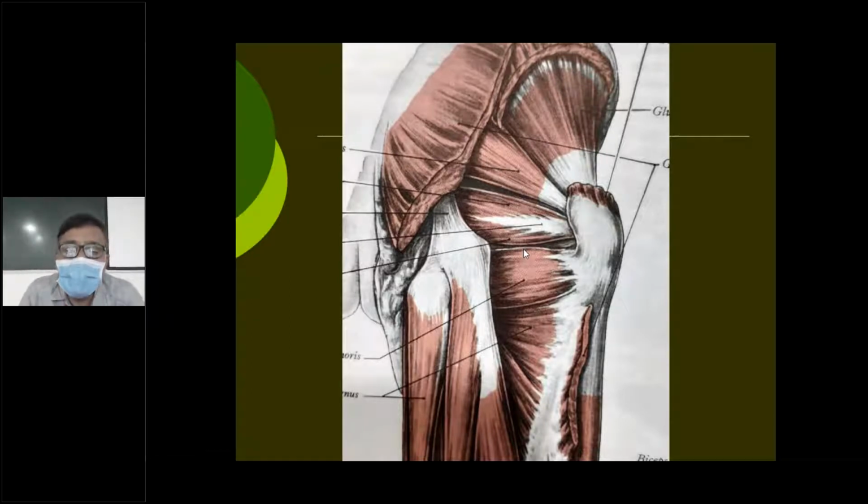So the 6 small lateral rotators include the piriformis, the quadratus femoris, the paired gemellae, and two obturators. Obturator internus is here, and externus is overlapped by the quadratus femoris. Obturator externus you have already encountered in the medial compartment. Obturator internus you have seen already in the pelvis. Now we will learn a little more about these muscles.